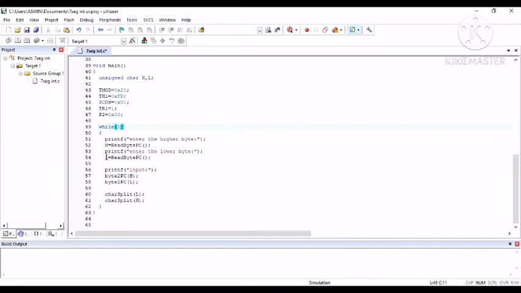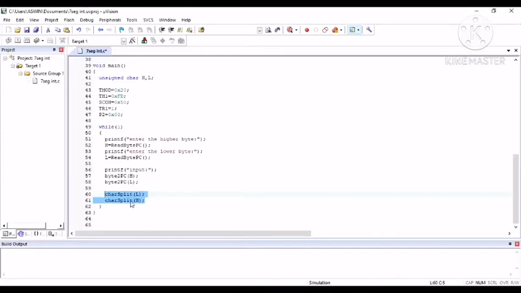The next statement is the printf input, and then the byte to PCH and the byte to PCL will together display the 16-bit value in the virtual terminal. Then char split of L and char split of H are both user defined functions.